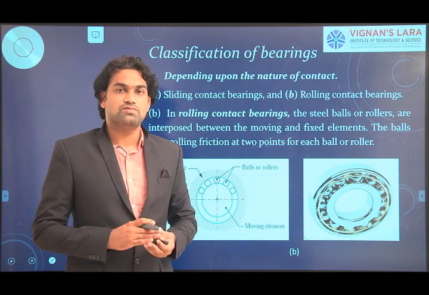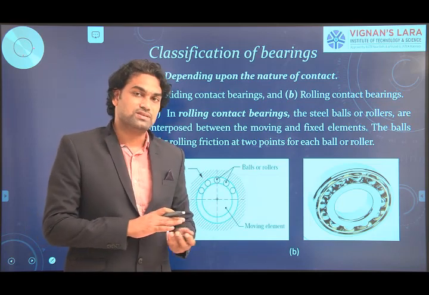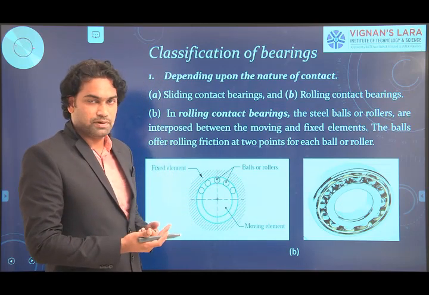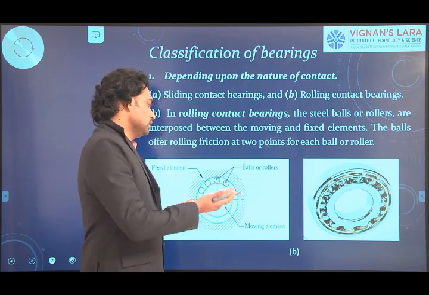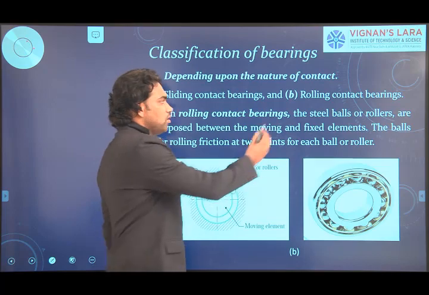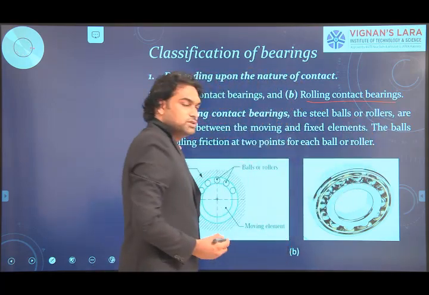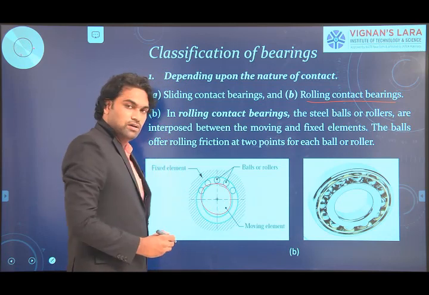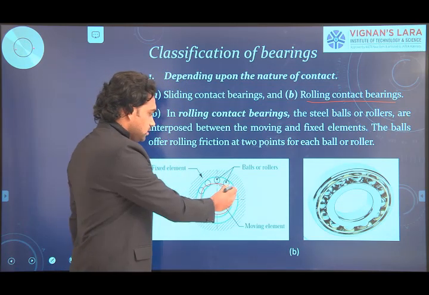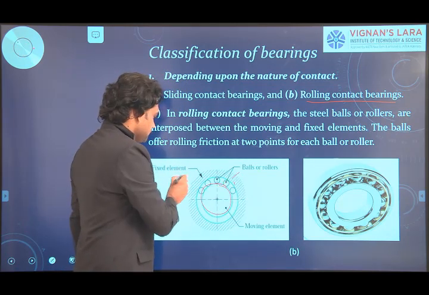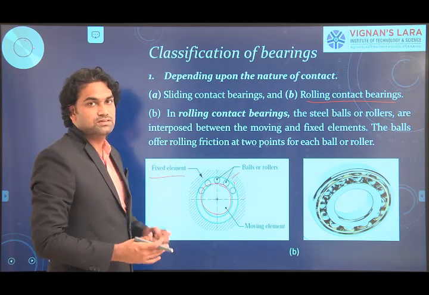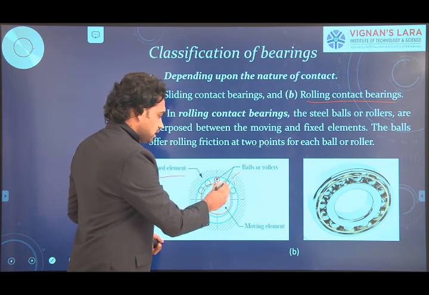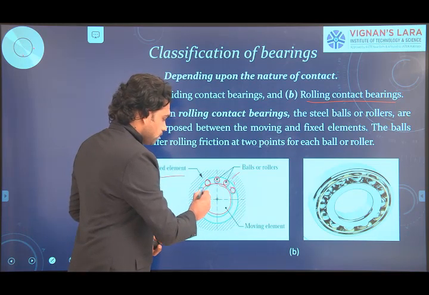In the previous case, if you observe, it tends to slide. So there is sliding in nature, that is, a surface contact will be present. Coming to the next case, that is the rolling contact bearings. Here, the circular one that indicates the moving one is the shaft, and the outer portion, that is the bearing, is the fixed one. Between the shaft and the bearing, we can introduce the rolling elements. These circles indicate the rolling elements.